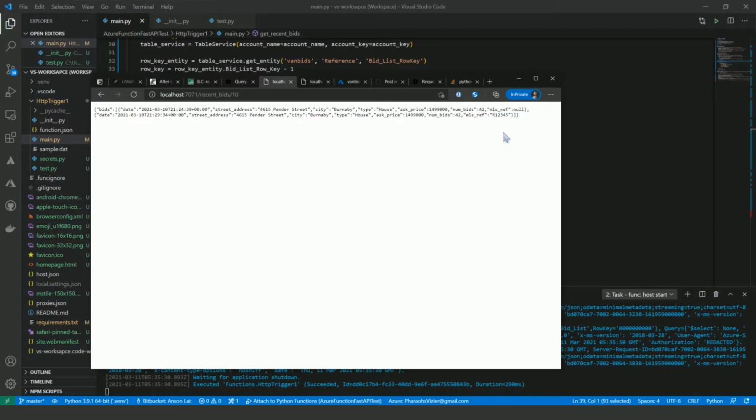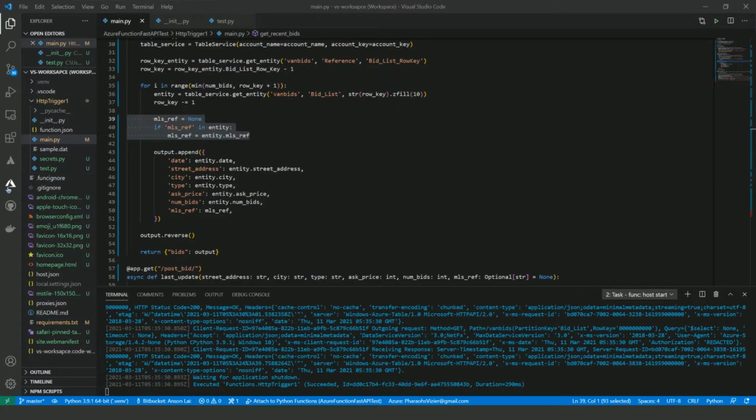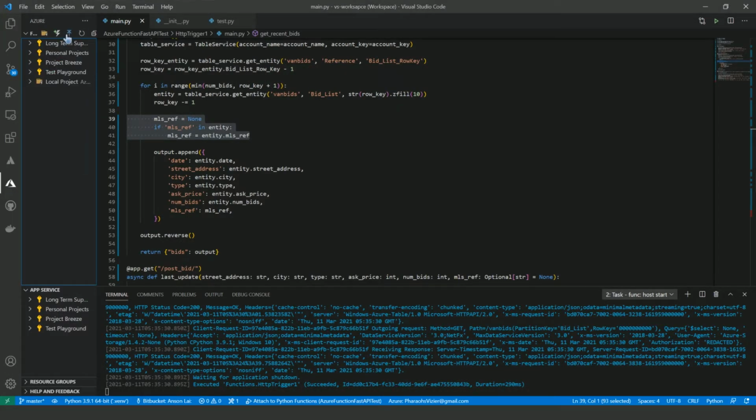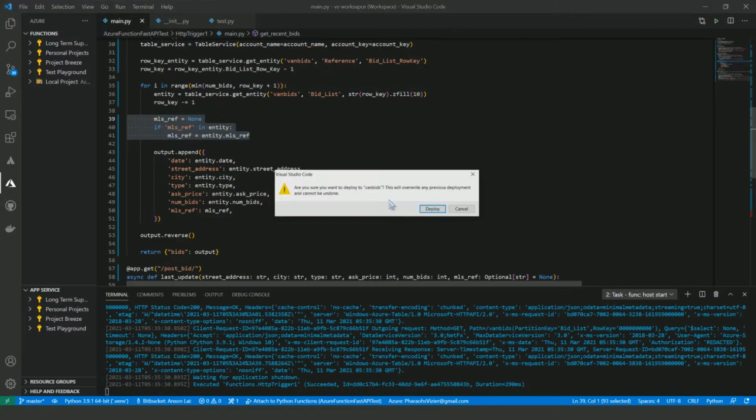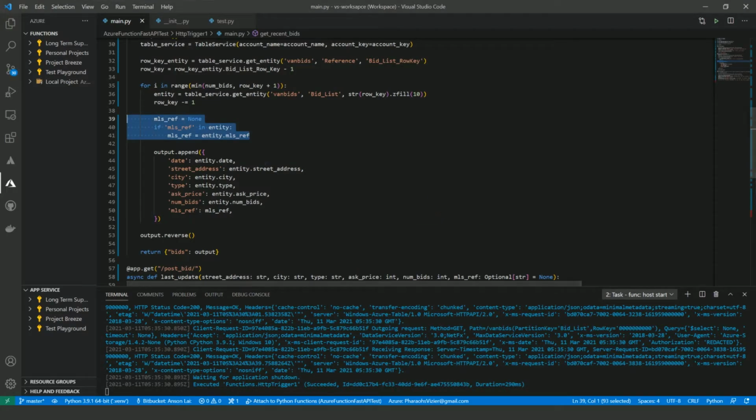Null value. Okay, so what that means is right now, if I actually deploy this, probably should have done that first, to my van bids function, I should be able to do the same thing online with an endpoint from Microsoft.